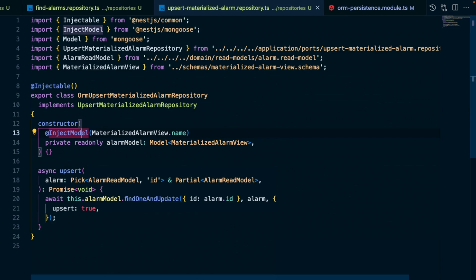Inside the upsert method here, you can see that we're using the findOneAndUpdate method to insert a new document into the alarm collection, unless there's one that already exists with the same ID in the collection, then we update it. We don't need to perform any mapping here as the materialized alarm view schema is identical to the alarm read